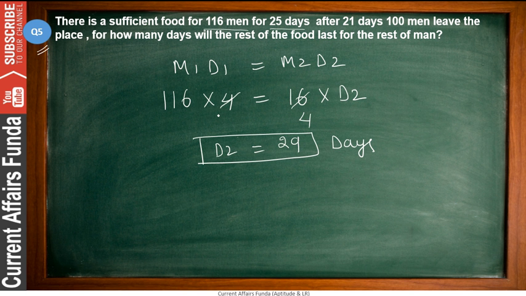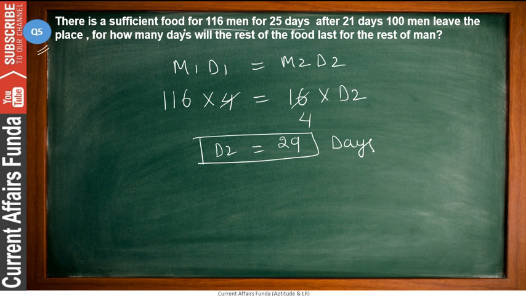Okay, तो देखिए क्वेश्चन ये कहता है कि 116 लोगों के लिए बहुत सफिशिएंट खाना है 25 दिन तक, ठीक है, लेकिन 21 दिन के बाद में 100 लोग जो हैं वो छोड़ के चले गए, ठीक है। तो आपको बताना है कि वो जो बचा हुआ खाना है वो कितने दिनों तक उनके लिए चल पाएगा। तो सबसे पहले हमने क्या किया, फार्मूला अप्लाई किया, m1 d1 बराबर m2 d2, m1 d1 equals to m2 d2।